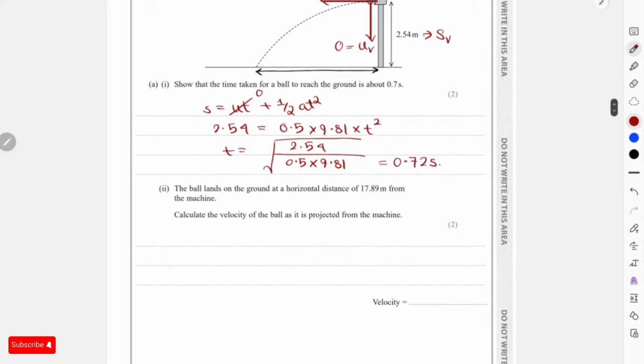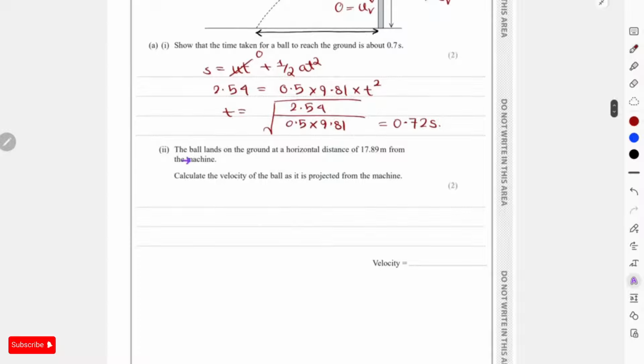And then again it says that the ball lands on the ground at a horizontal distance this much from the machine. Calculate the velocity of the ball as it is projected from the machine. Now this is the range, right? The horizontal distance traveled by the ball is 17.89. This black line is the distance of 17.89. You can use your time, and now you can just use your